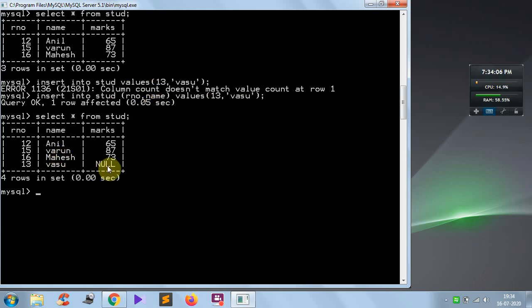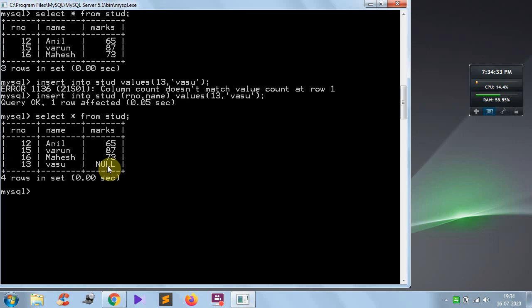In a database, whenever any particular data is not available, it will be treated as null. Null means unknown value, so in database concepts it is represented as null. So this is how you can insert data into the tables. Creation is over, insertion is over. Now let us discuss how to retrieve the data, meaning access the data.